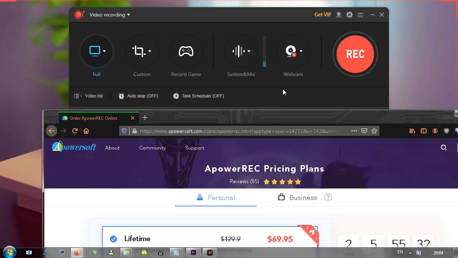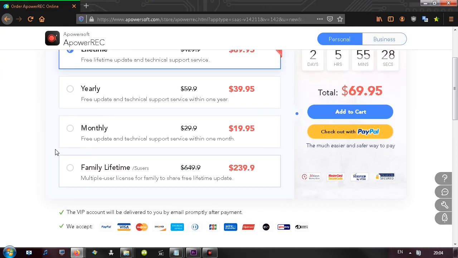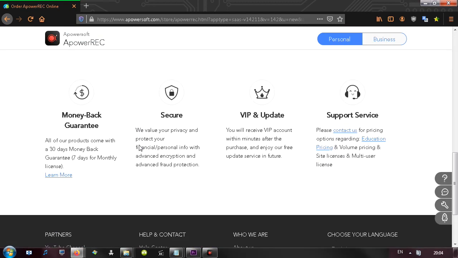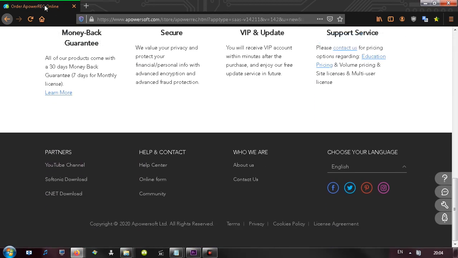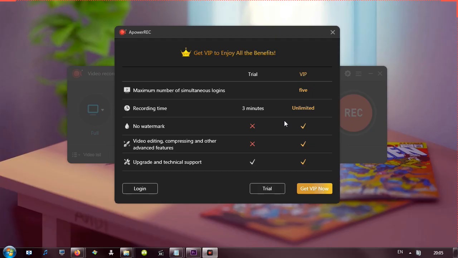First things first, when you click the Get VIP button, it doesn't tell you that you will, although I don't see anywhere that it tells me, hey look, you're gonna get extra features. The website itself doesn't really even mention this program as far as I can find, only that you can download the app. Once you download the app and you click the red record button, first thing that showcases